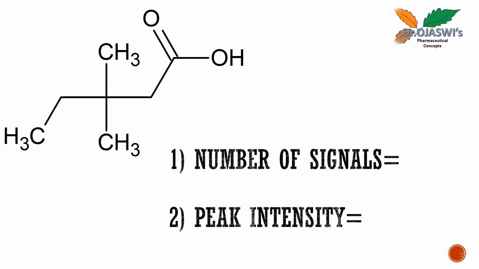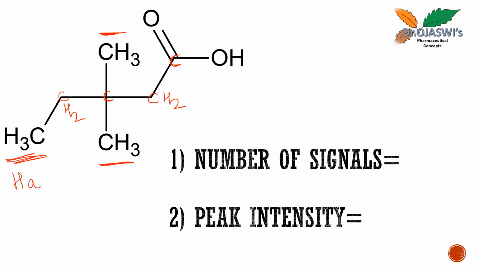Now here, let us start with the structure. Here there is C, CH2, C, CH3, CH3, CH2, CH3. So this is the structure which we are studying today. How many signals will we get for this particular structure? This CH3 has a different neighborhood. This CH3 and this CH3 have a common neighborhood. So let us see first this CH3. I'll name this as HA.